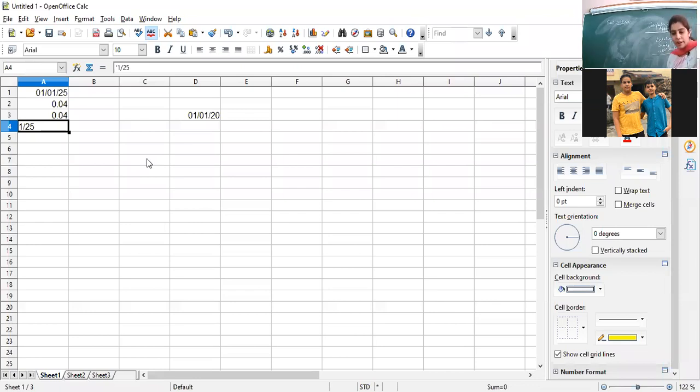Two methods again, write down the answer. Two methods for deleting or erasing the content are, number one, simply you can press the delete key from the keyboard. The second method, the important one: Edit menu, delete content option. Edit menu, delete content option. Write down the command. Now let's do it practically also.